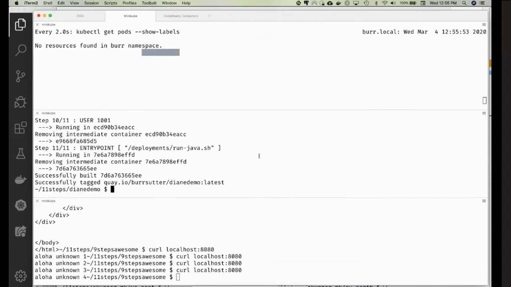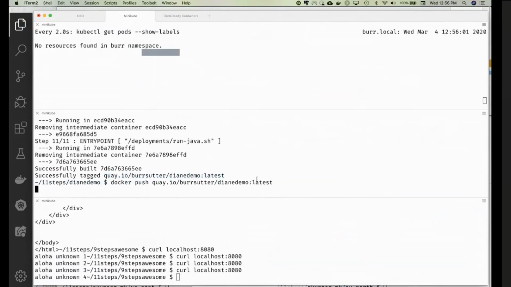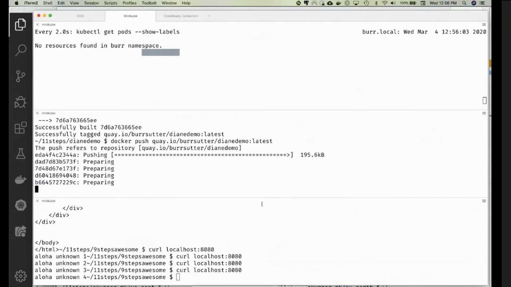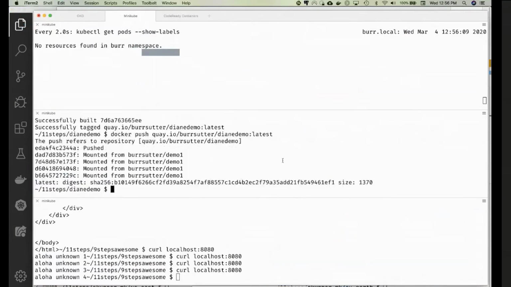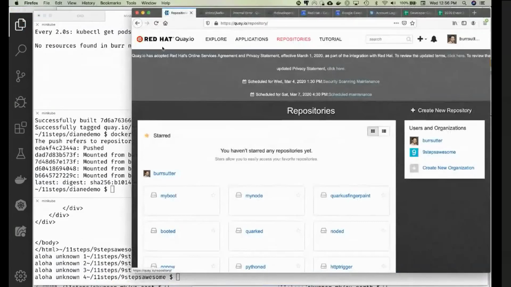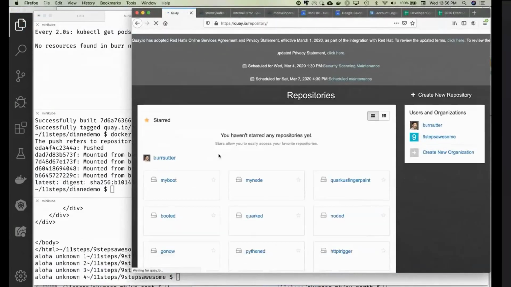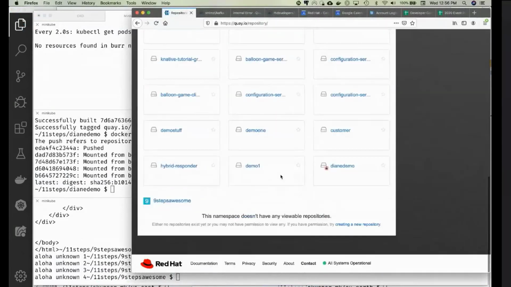Okay, so that's typically your next step, your Docker build, and the next step is your Docker push. So Docker push, and I'm going to push it up to Quay.io in this case. There we go. So it's going to push up, and that process of build your code, Docker build, Docker push, pretty much is what everybody has to do. And then you're going to get that out here, and you can kind of look at it now. So if I come over here and go to Quay.io, and you kind of see right there, okay, Diane demo